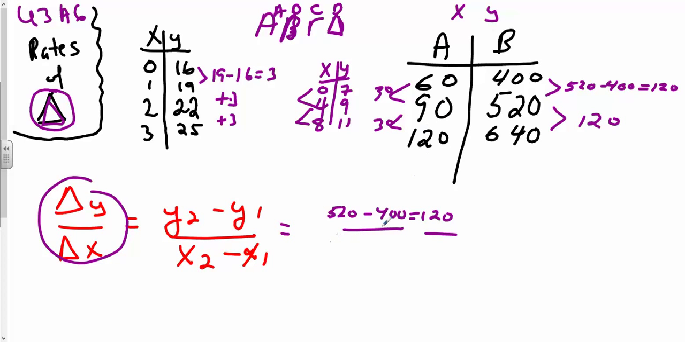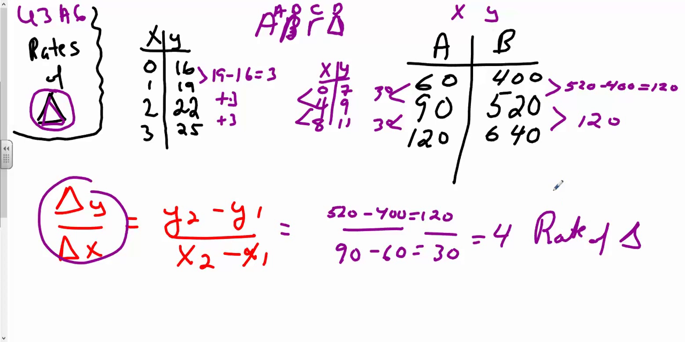And how would I show that? Well, x2 is 90. So I use a set of points, 90 and 520, and then 60 and 400. And if you went the other way around, if I said 400 subtract 520, and then 60 subtract 90, I'd have the same numbers, but they'd both be negative. My answer would turn out to be positive anyway. So if I look at this, I got 120 over 30, which means that my delta y over delta x, or my rate of change,